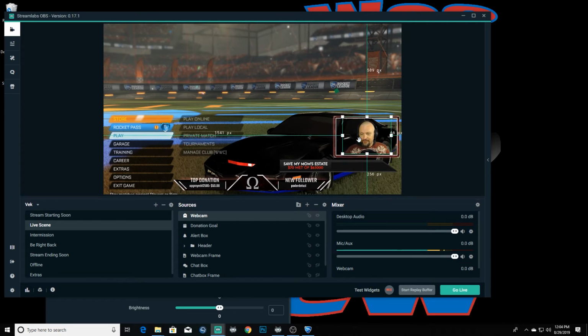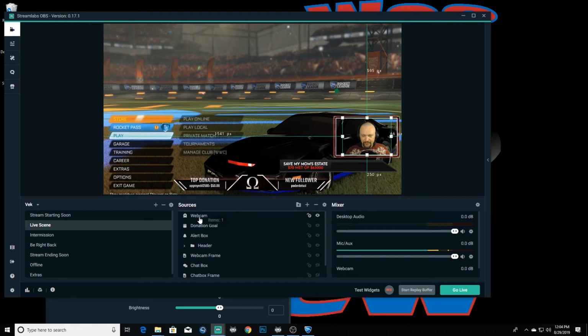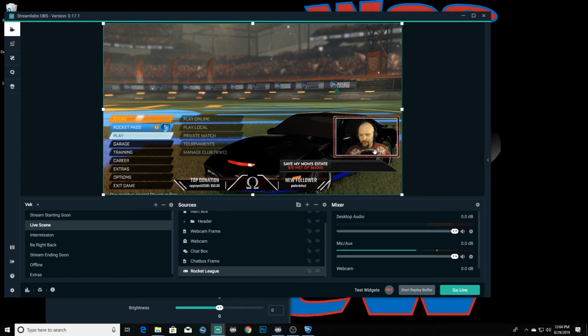So we're going to place ourselves in the middle-ish of the box there. Make sure we're down here, kind of close to the bottom. And a little bit more. That looks pretty good to me. And then we're actually going to go ahead and move our webcam down below our webcam frame. So if there is a little bit of overlap, then we're going to be behind the frame. But that's going to be how you add your little webcam in here. I've got a screenshot of Rocket League pulled up there so we can make sure all of our stuff's good. But yeah, that's going to be how you key